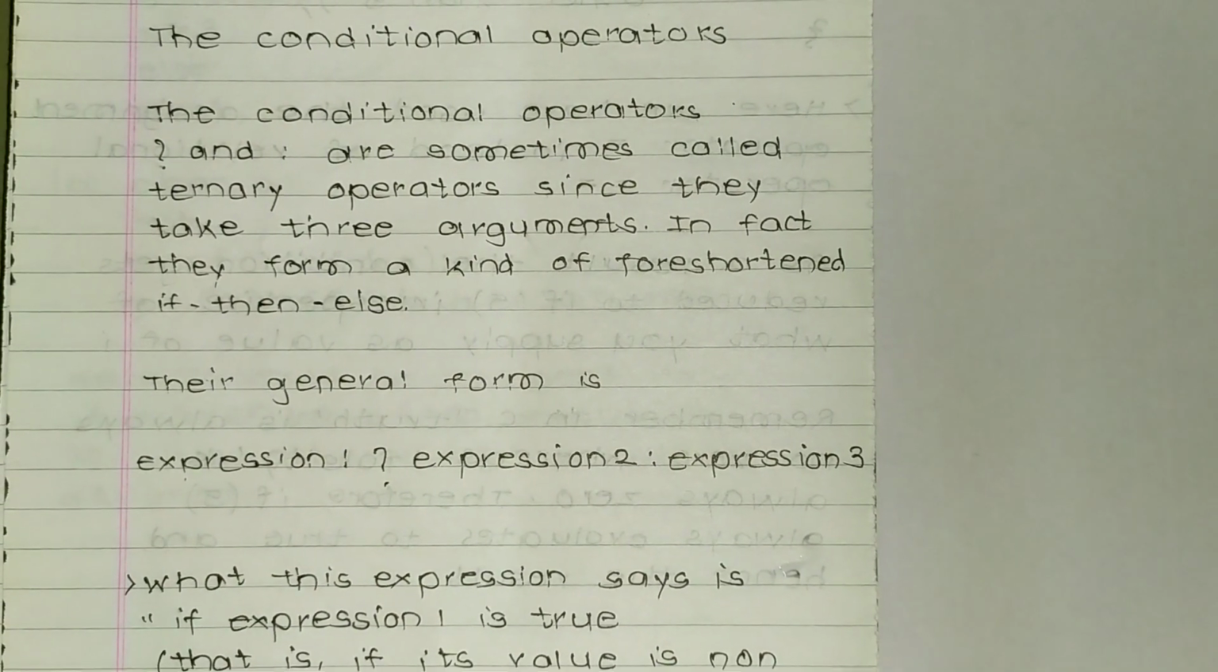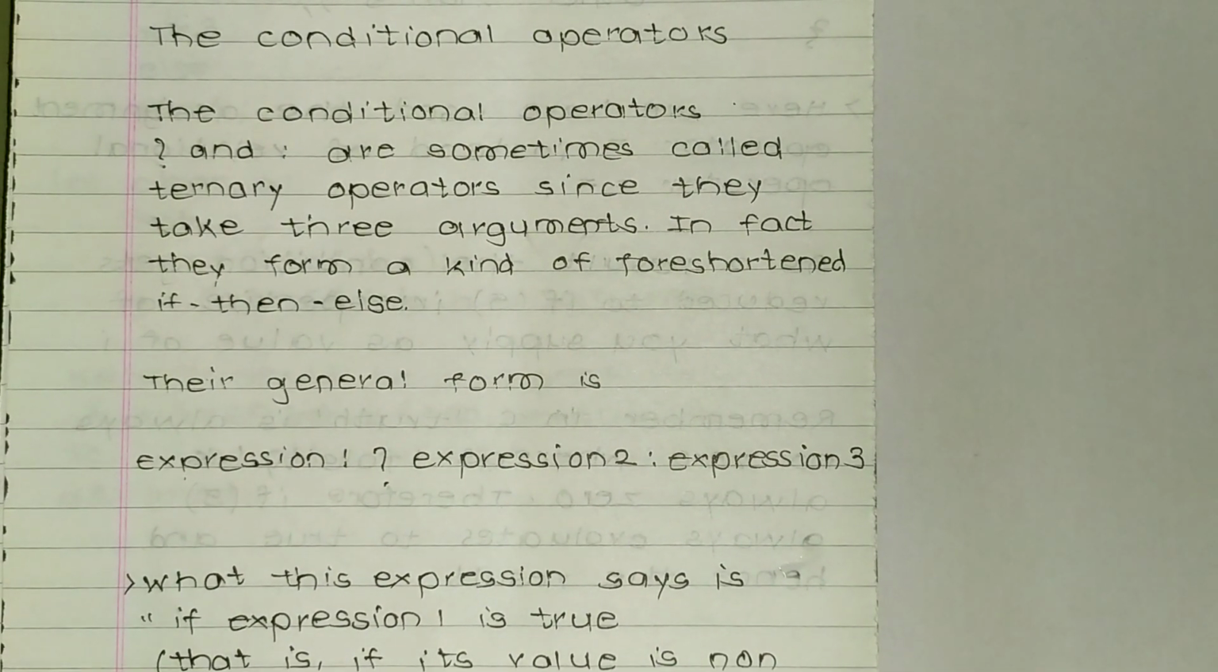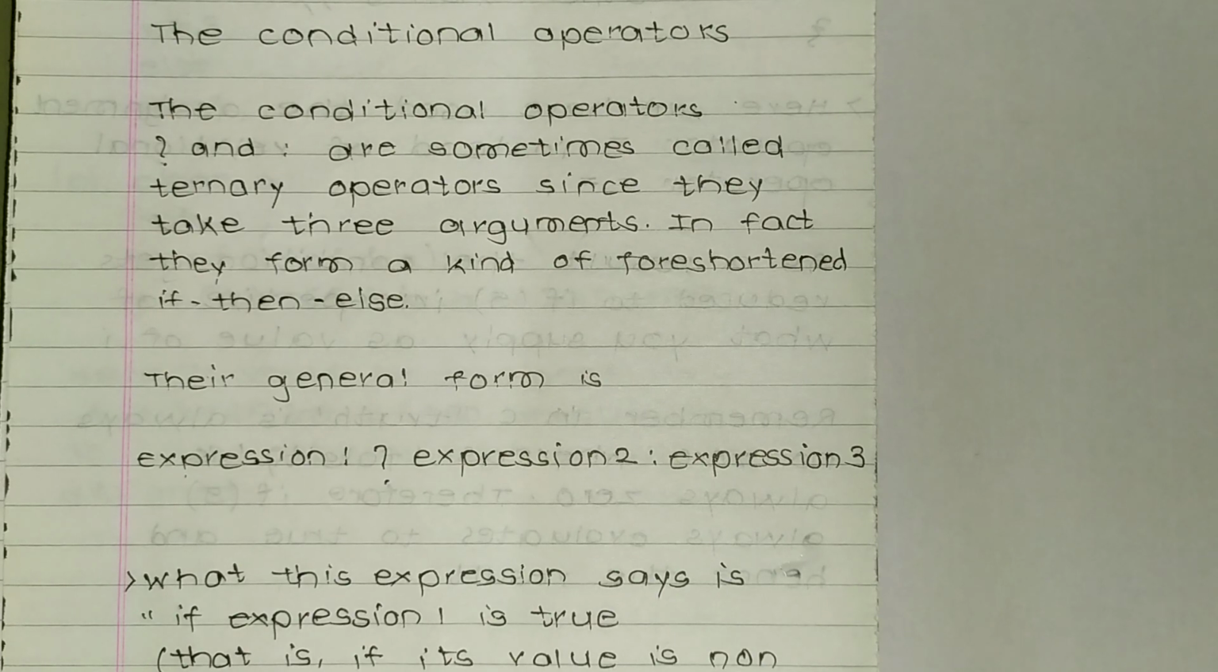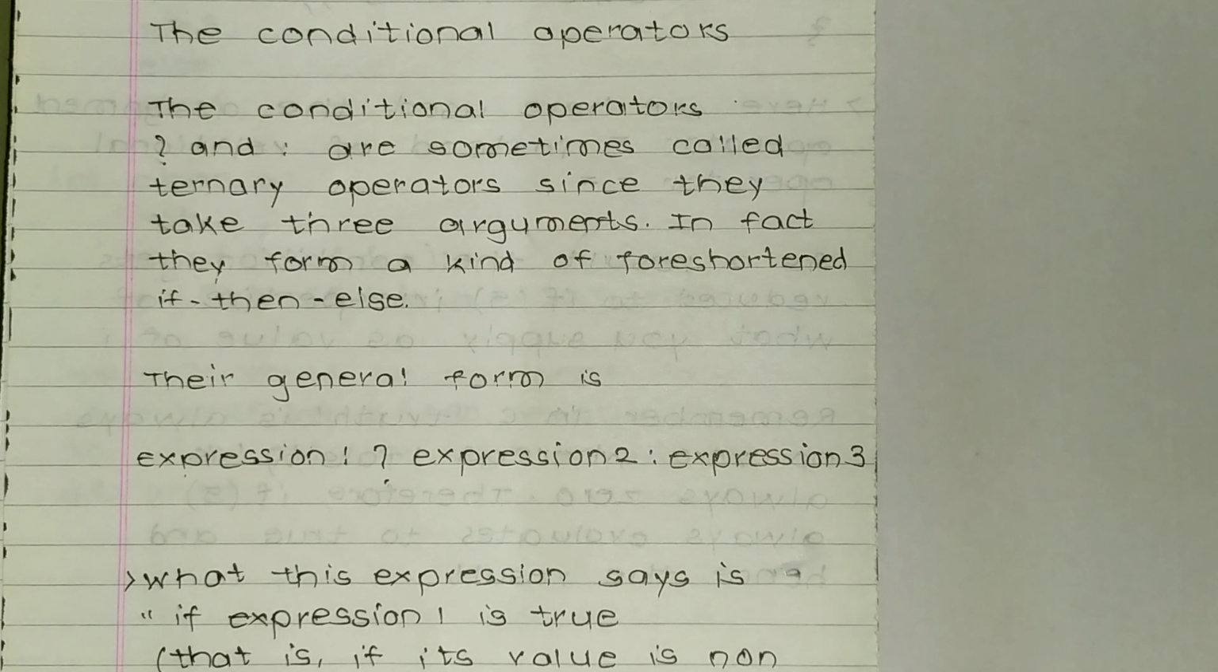The conditional operators. The conditional operators, that is question mark and colon, are sometimes called ternary operators since they take three arguments. In fact, they form a kind of foreshortened if-then-else. That means conditional operators are used when